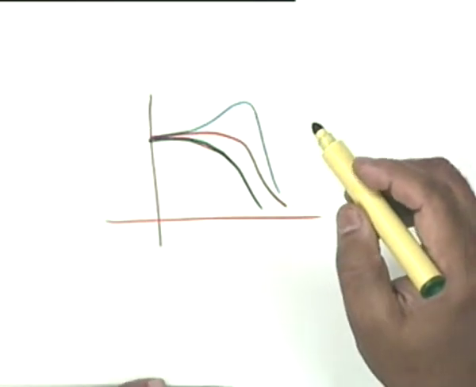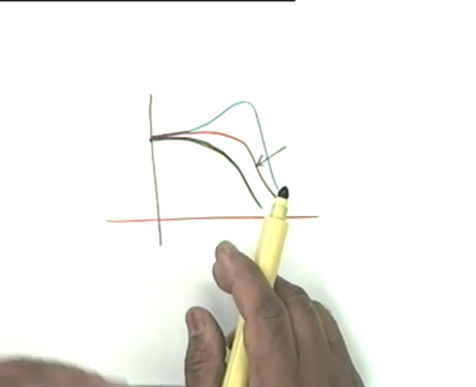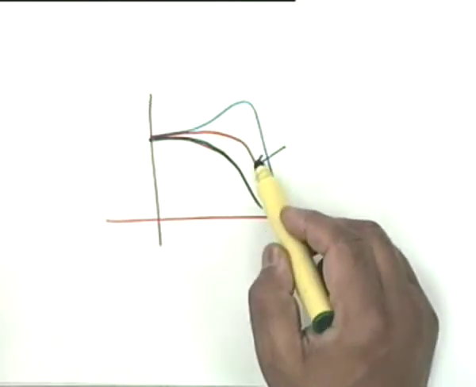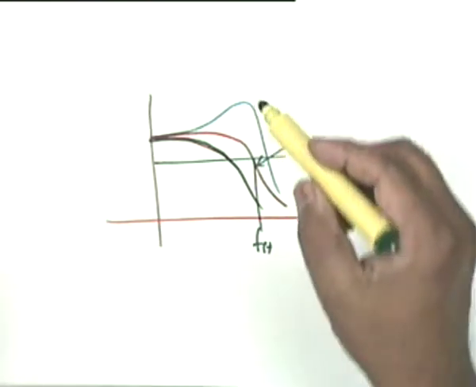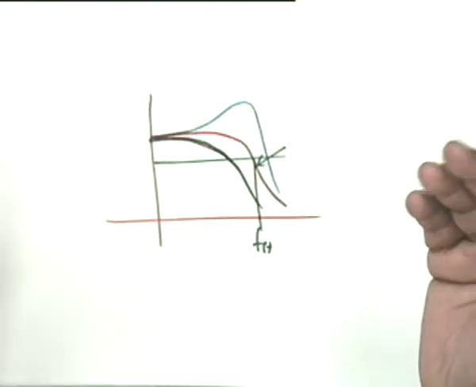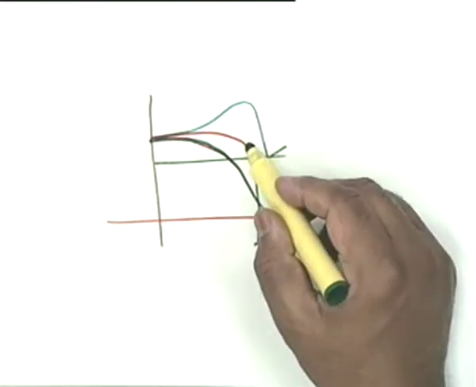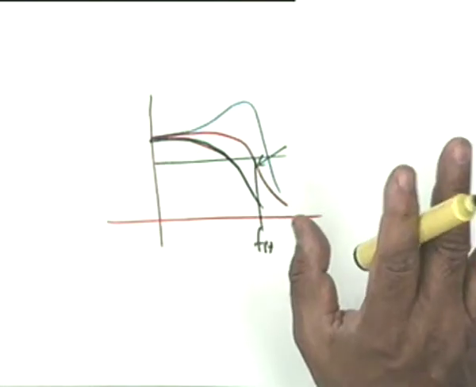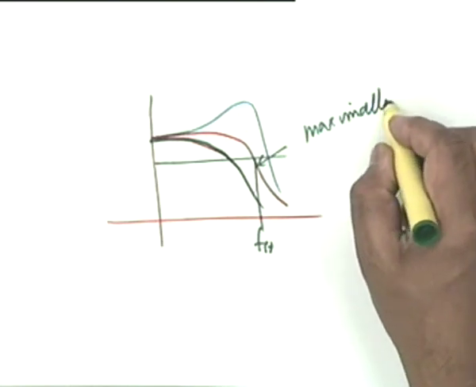Now obviously what I should prefer is this response, because this goes down, it does not extend the high frequency range. I can extend right up to some frequency fH like this. I can also extend beyond fH provided I allow for peaking. I don't want that. Okay. So the red colored response, I want it to be as flat as possible, and the term for this is maximally flat.